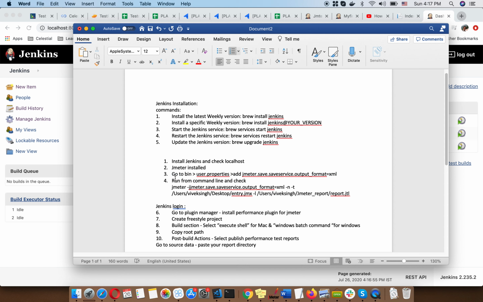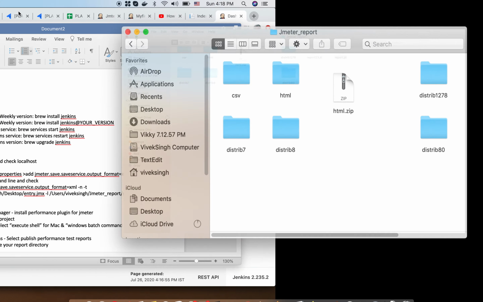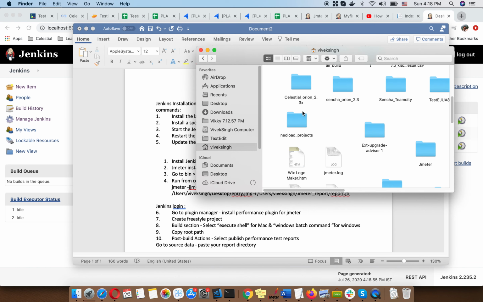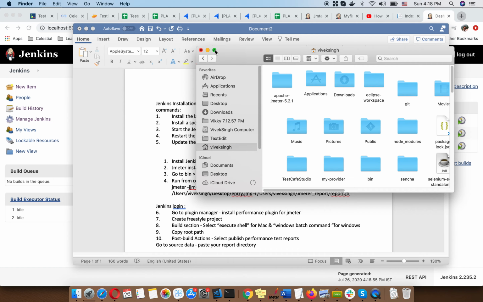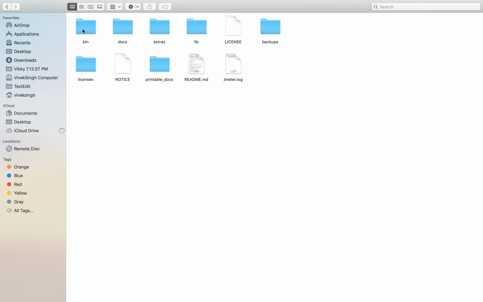Go to your Apache JMeter folder, then bin, and go to user.properties. Let me show you how we can do this. This is my Apache JMeter tool. Here I have to go to my bin.